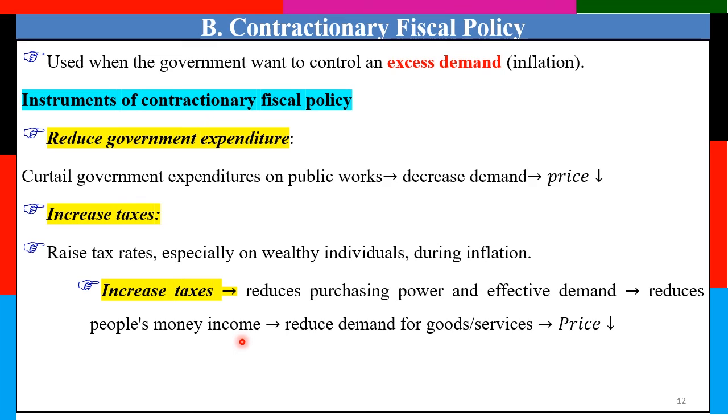If the people's income decreases, the demand for goods and services is reduced. When the demand for goods and services decreases, the price of the product also decreases. So how is the inflation problem solved? By using what? By increasing the tax and reducing government expenditure, the government can control what? The inflation or excess